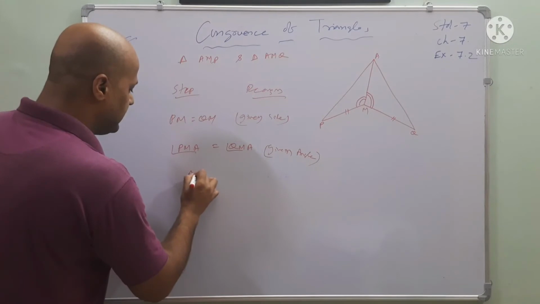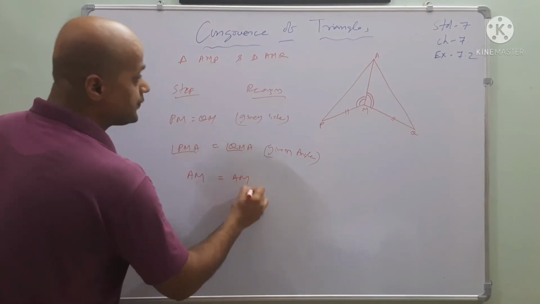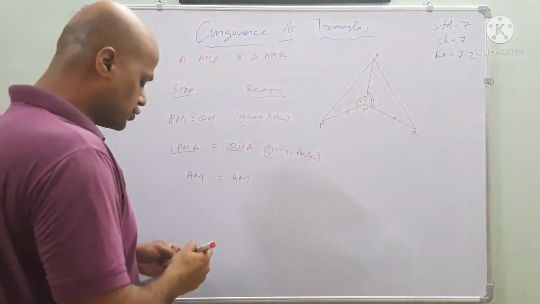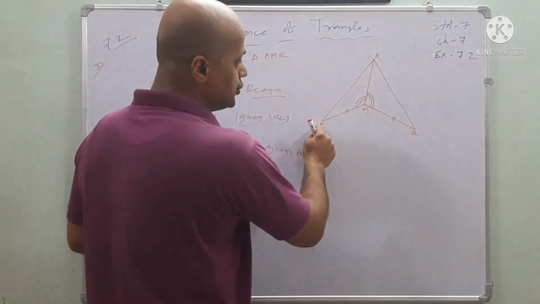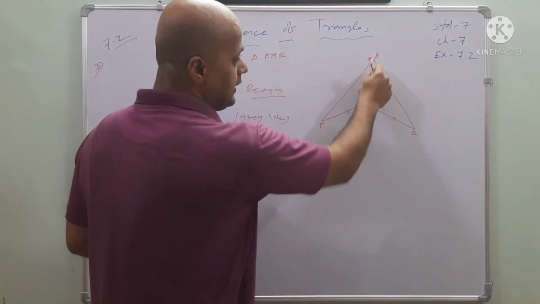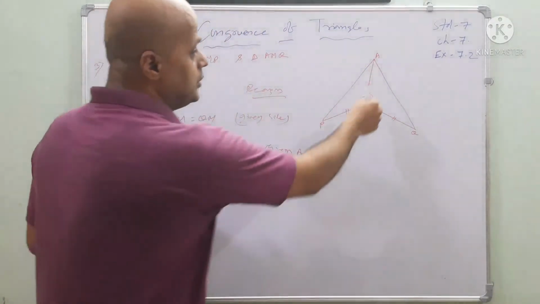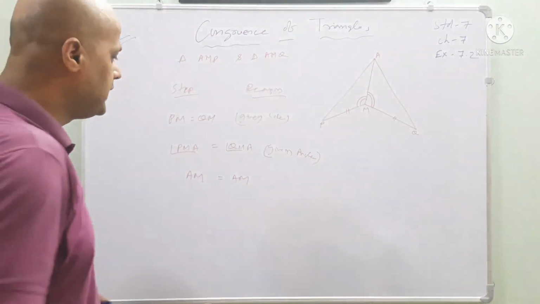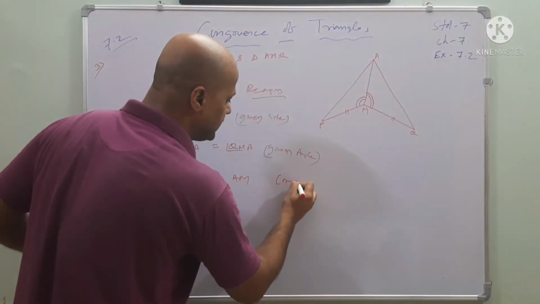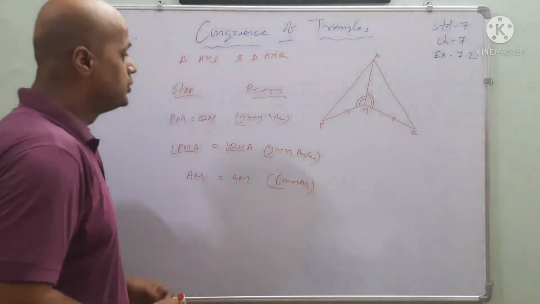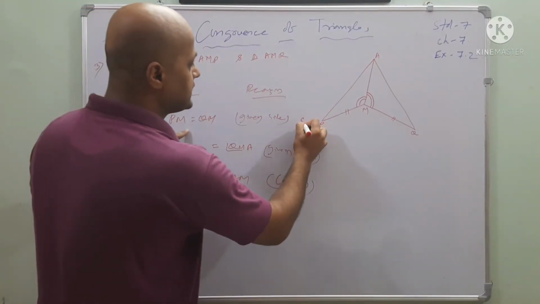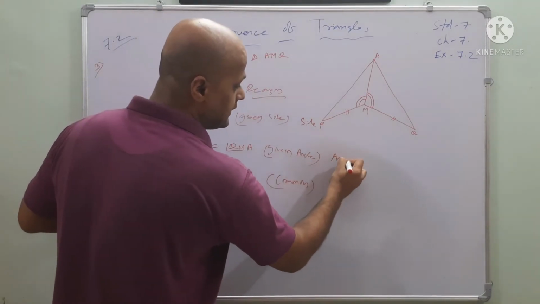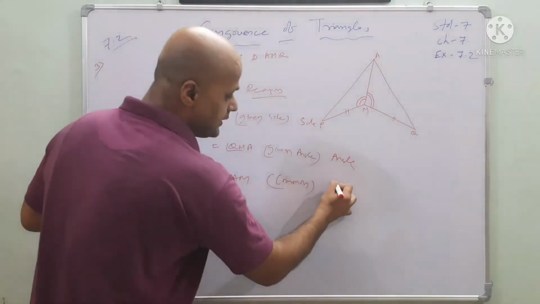Here it's saying AM is equal to AM. Now remember this one. In these two triangles, AMQ, AMP, one side is common to each other. Which one? Yes, AM is common. It is common in both the triangles. So PM is what? It is a side. Angle PMA is an angle. AM is equal to AM is also a side.